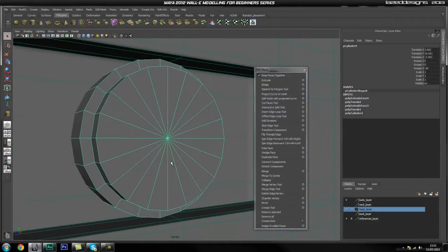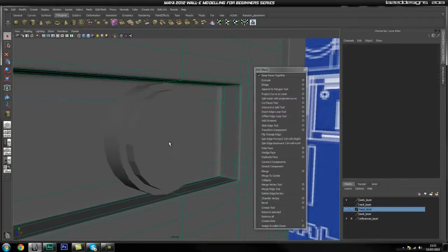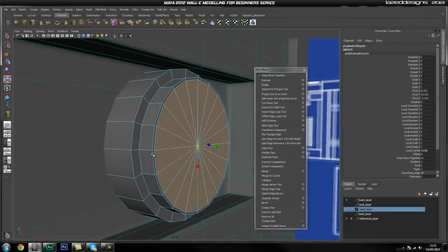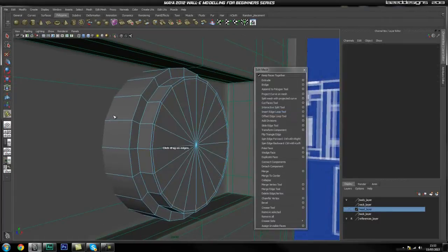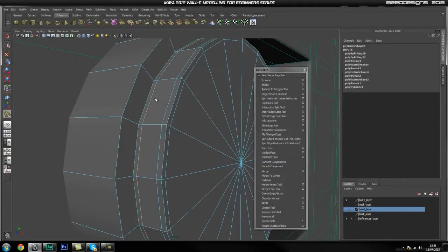Now all we've got to do is add in all our edge loops and such. So while I'm here, I'm just going to undo to the bit where these faces are still selected and hit extrude again and scale, and just scale this in so we get that edge loop around there. And then go to our insert edge loop tool and start adding in these loops. I think that was 2. Just going to undo, make sure I add in the right ones,